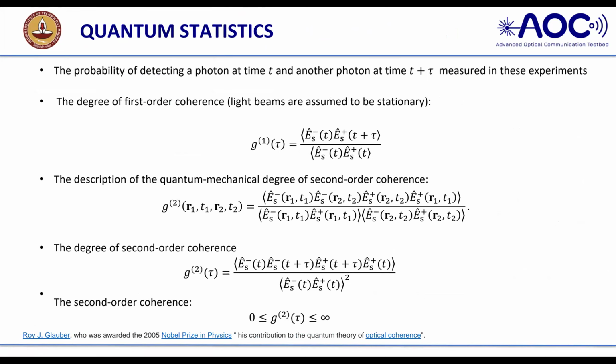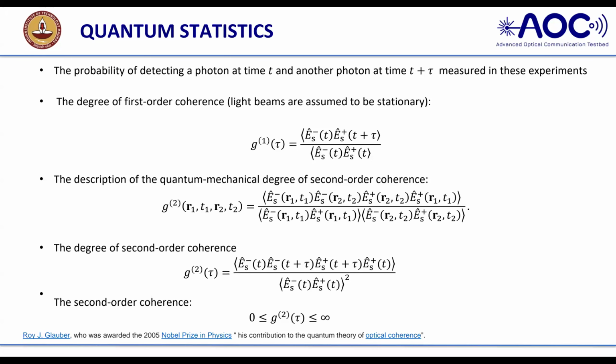So it is the first order correlation coefficient, or degree of first order coherence, or photon correlation function, you can say in terms of photons. You can see T plus tau. When you have one path, you give an extra time delay, and with that time delay you get the first order coherence and the second order coherence.